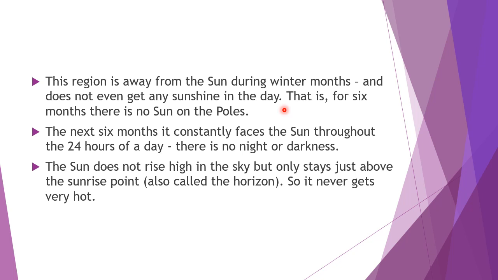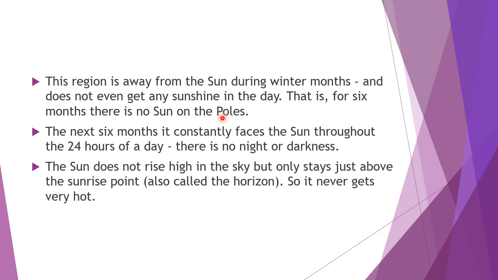At that time, the North Pole area, suppose, get a sunshine in the day, for 6 months they won't get the sunlight. That means day and night totally they won't get the sunlight, but they get the reflected light, that is from aurora australis. That means maybe some of the stars, actually those are, and maybe from the sun, the reflected light they'll get it in the day and night.